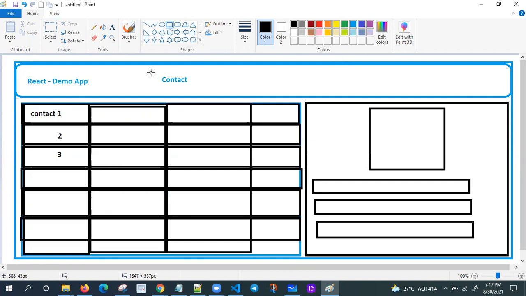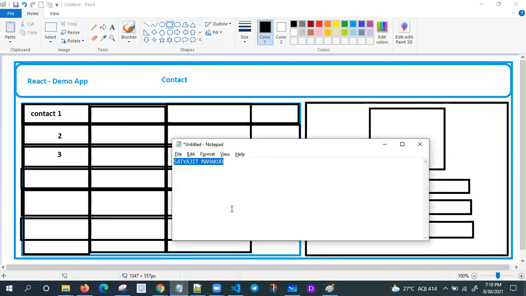Here I'm going to cover all aspects like routing, React props, state, event binding, event handling, conditional rendering. With this example I'm going to write React components, React props, React state management, event handling and event binding.